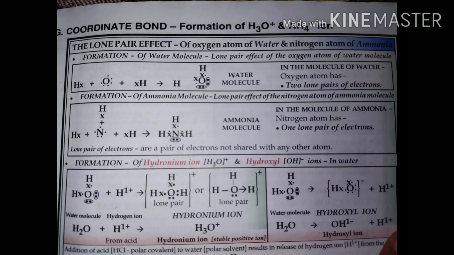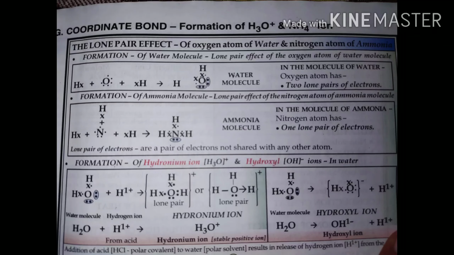You can clearly see that the total charge on this molecule is 1 plus, because the total number of protons in this molecule is 11, whereas the total number of electrons present around it is only 10. Therefore there is an extra proton in the nucleus, and therefore the hydronium ion overall has a 1 plus charge. Such ions, which have a positive or negative charge, are called radicals, and the bond present here is called a coordinate bond.